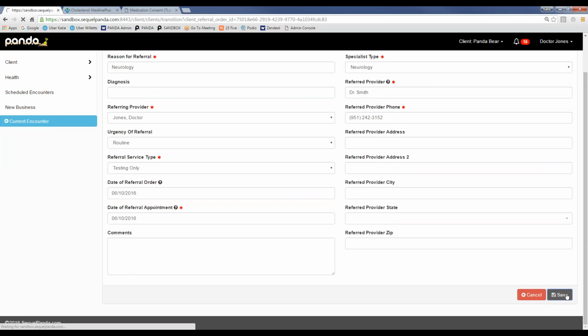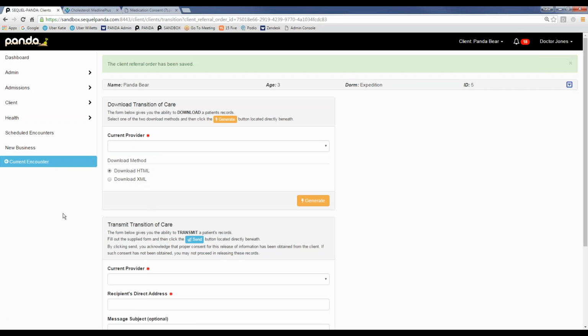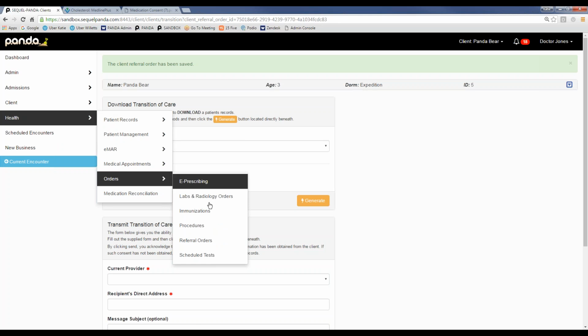I'm going to save this. It's going to take me to the transition of care screen, but I'm going to go back because we are going to talk about that in medical too